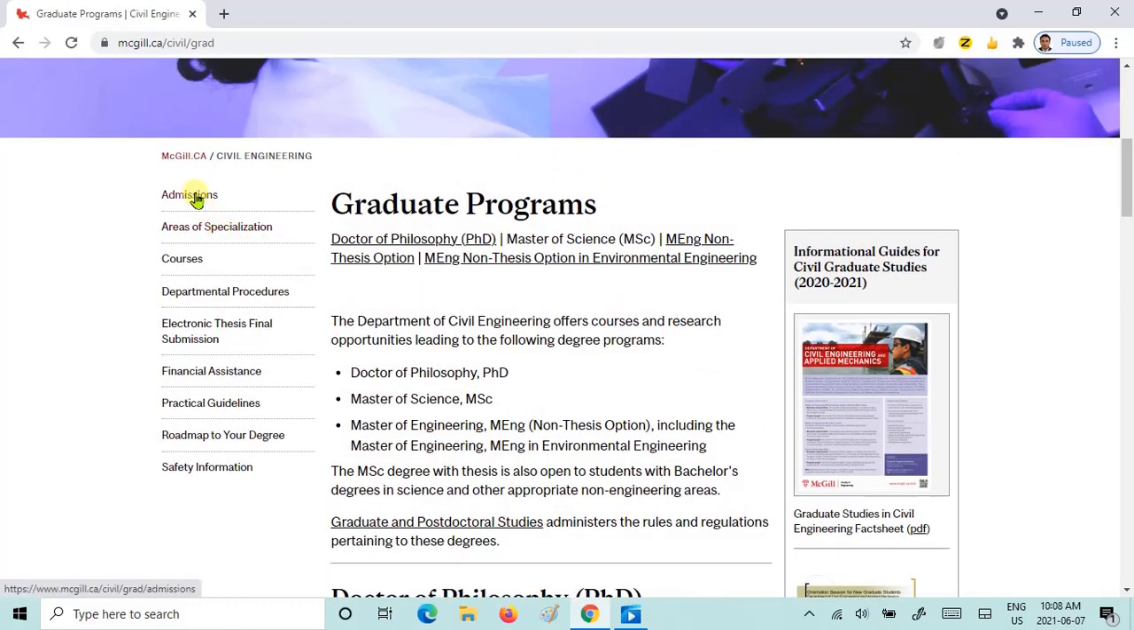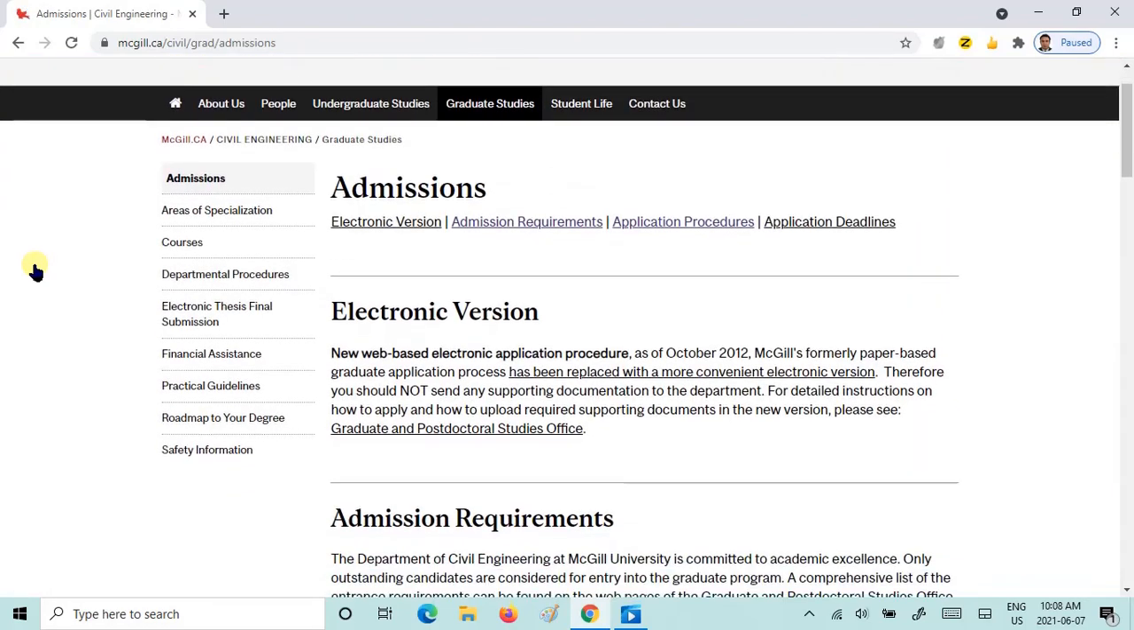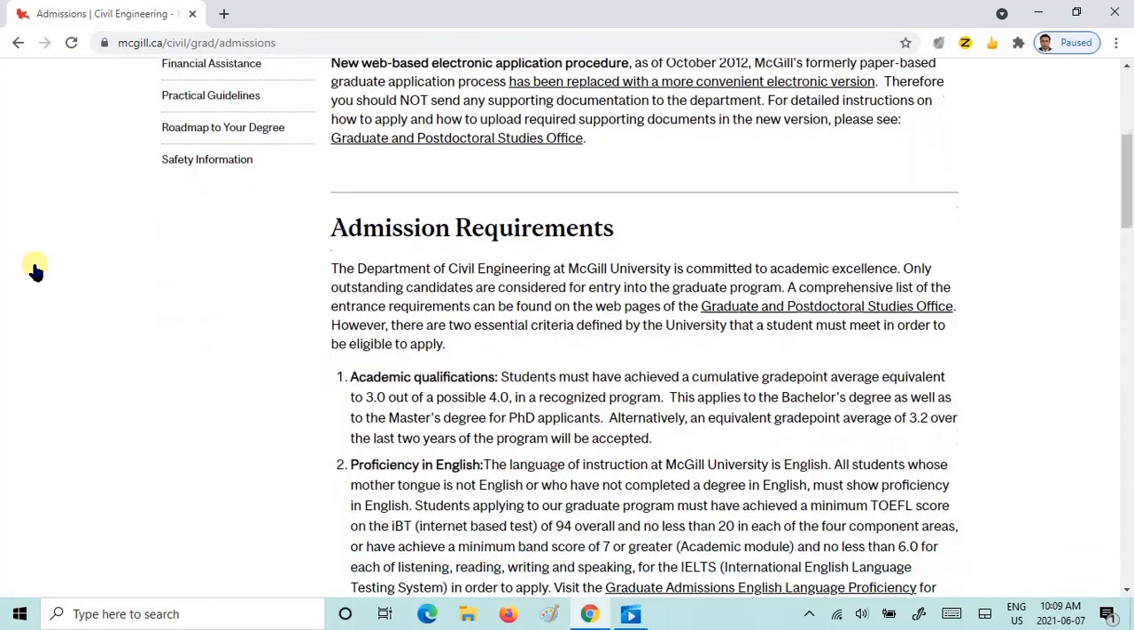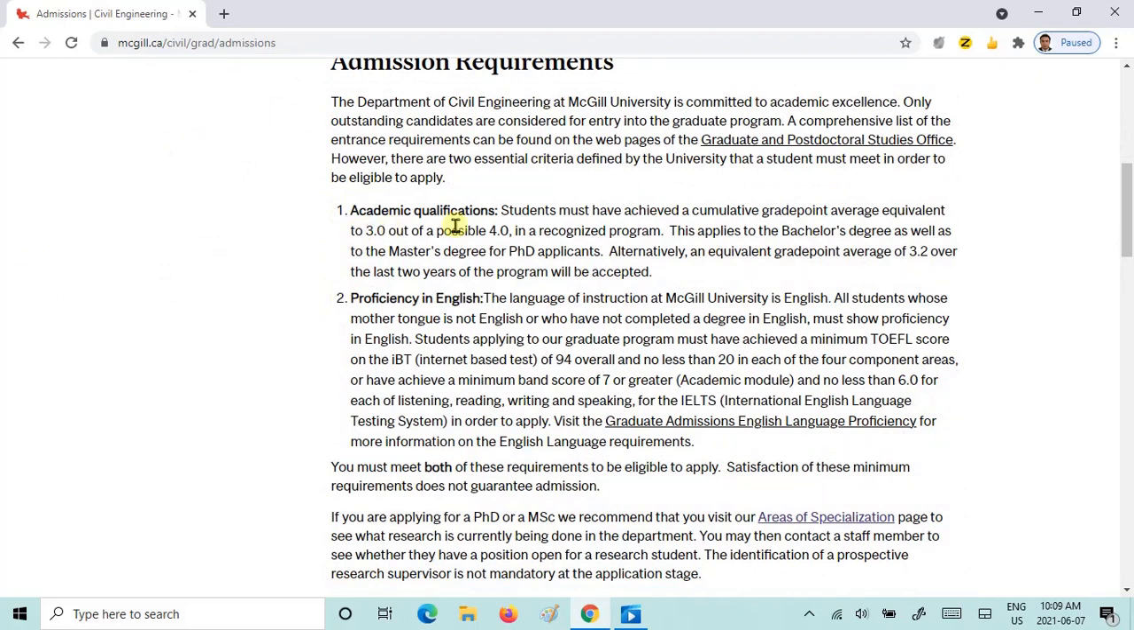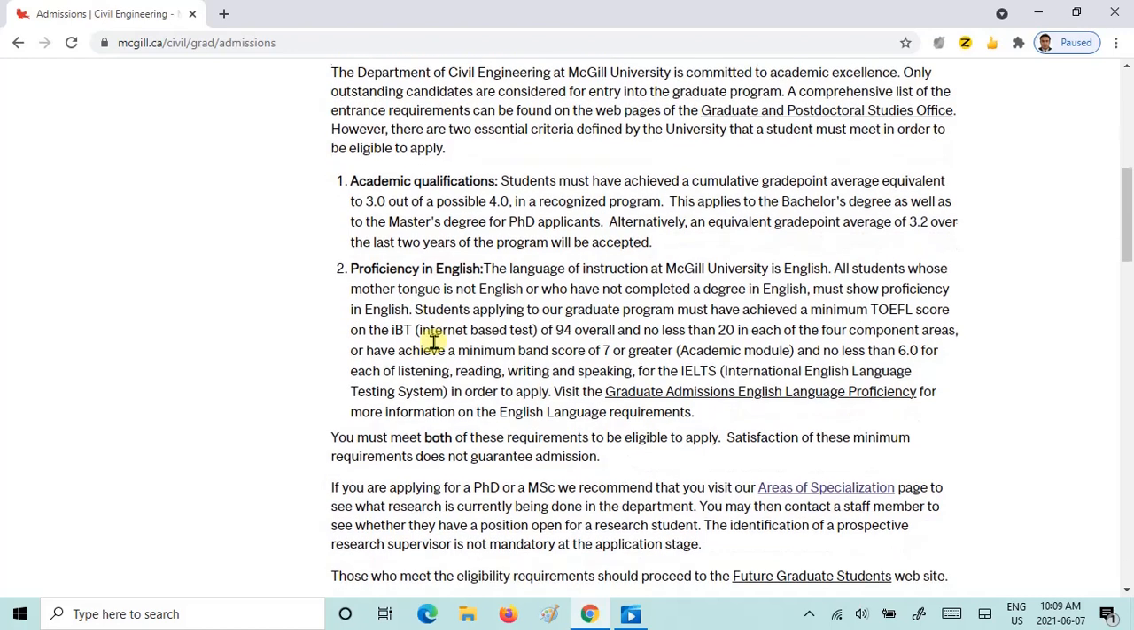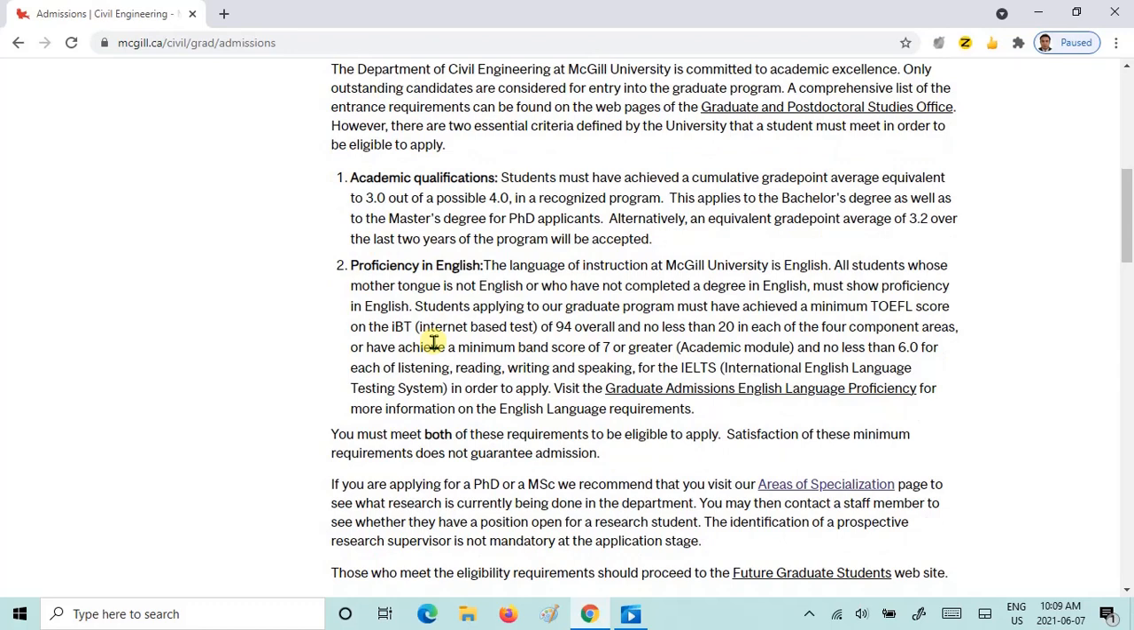Now coming to the admission requirements. The academic qualification requirement is 3 out of possibly 4 in a recognized system, so you need to have a 3 CGPA out of 4. Proficiency in English is also required at McGill University, and you will see different tests. The minimum TOEFL score on the internet-based test is 94 overall and no less than 20 in each of the